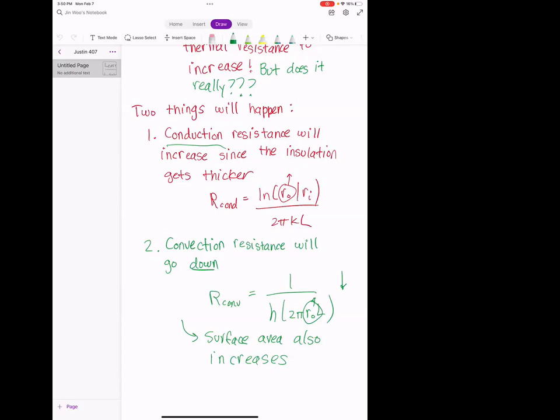You can see here that we have all these resistances, a conduction resistance, and so on. That's perfect. The next step in this problem is to use the circuit to compute the heat transfer rate. How you do that is you have a temperature on this side and a temperature on this side. I believe this is the outer one. So you take T0 minus T infinity and divide it by the total resistance, and that's going to be equal to Q.